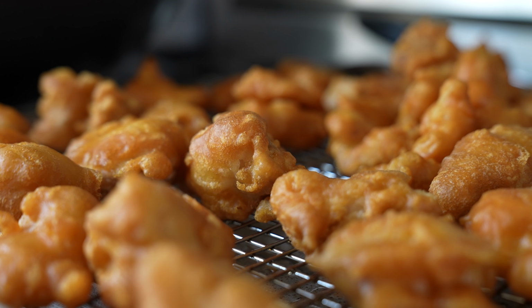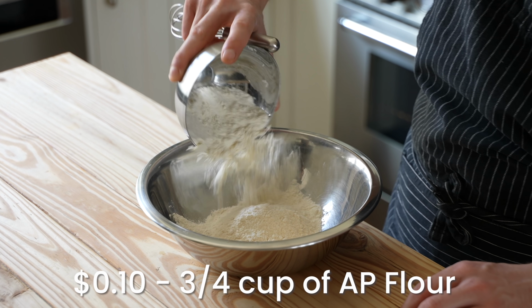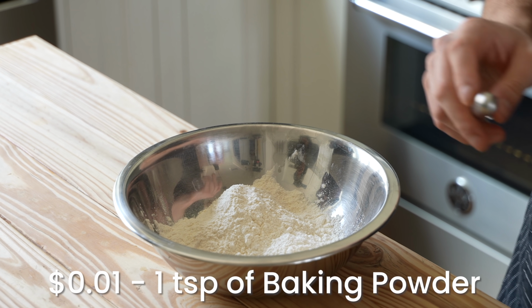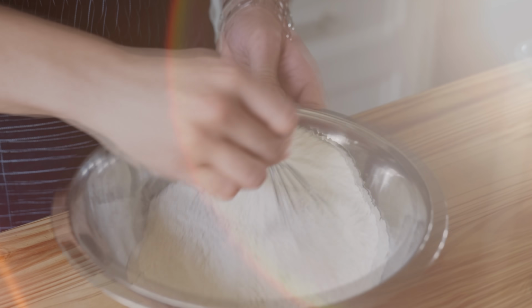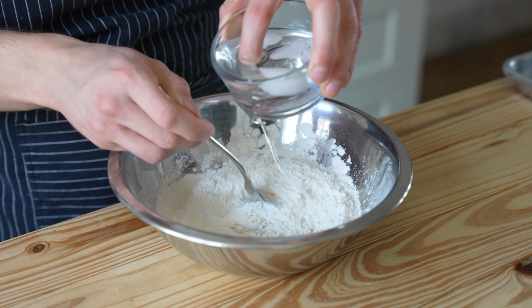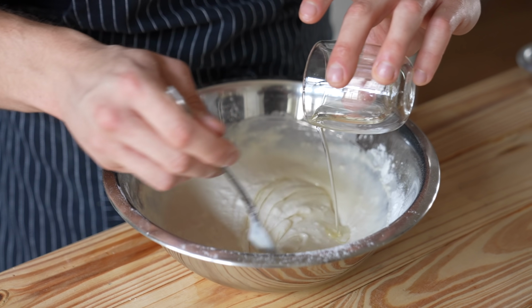For our chicken, we're gonna need a simple tempura-esque batter. That's emphasis on esque. In a medium-sized bowl, add 3/4 of a cup or 112 grams of all-purpose flour, 2 tablespoons or 28 grams of cornstarch, 1 teaspoon or 5 grams of baking powder, half a teaspoon or 3 grams of baking soda. Give that some whiskey business for Papa. Till combined, then using a fork, mix in 3/4 of a cup or 180 milliliters of ice water to get a thick batter. And finally, mix in 1 tablespoon or 14 grams of vegetable oil,